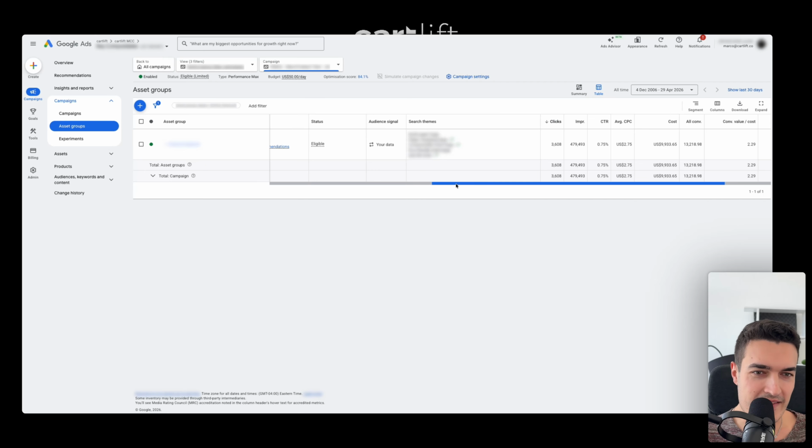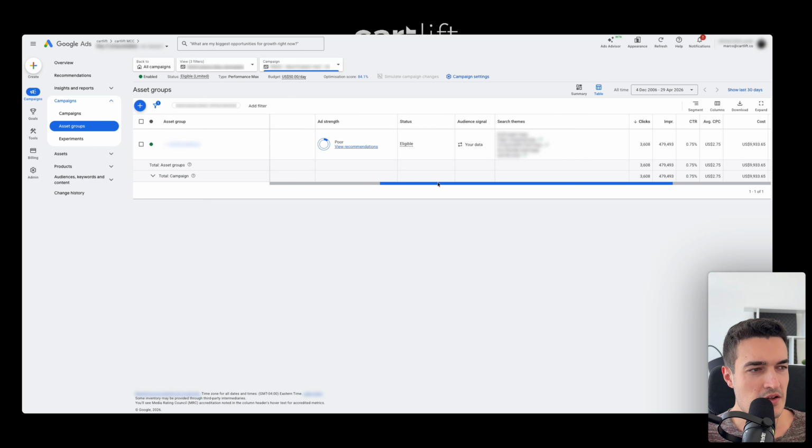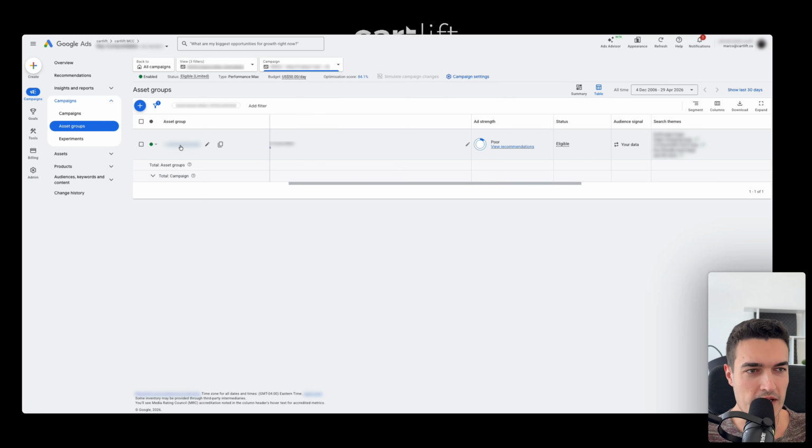You don't care about assets that might not be used that well for all of these combined. So you're doing zero relevance improvement, so to speak, and you let Google do all the heavy lifting. This is the prime example of maximum consolidation in terms of getting as much data as possible into one asset group, which has its pros, but especially if you have a very well segmented store with so many categories, that doesn't make sense. If you have just one product, let's say, you can argue about that setup,